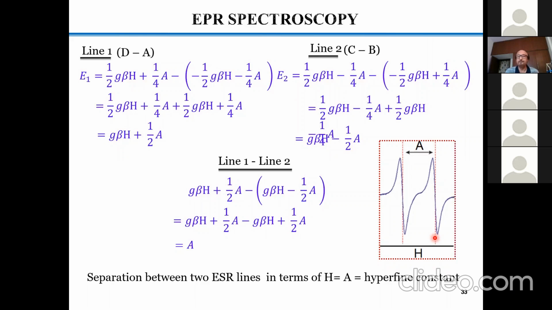Now remember, I told you, you must recollect that the range of A for a particular atom or interaction varies from one compound to another compound, right? And that's why it's not a fixed number like 2 or 2.5 or 3 for proton. It varies, it can go up to 10. And for nitrogen, it can go up to 40, even 50. Because it depends on how they are being linked to the actual molecule.